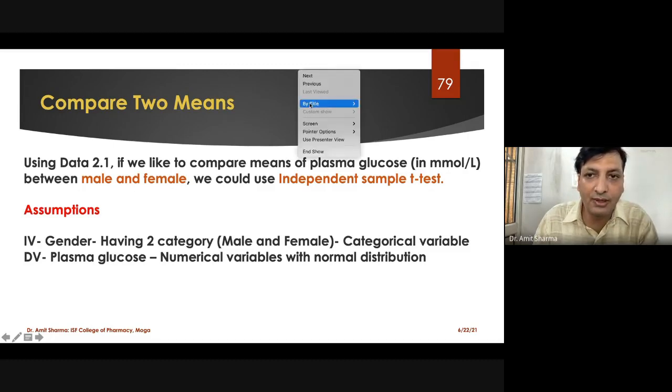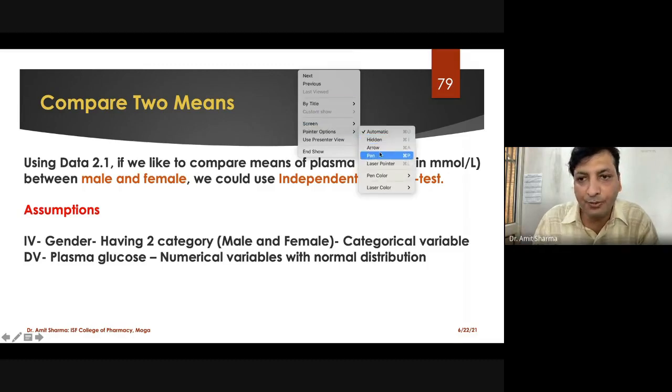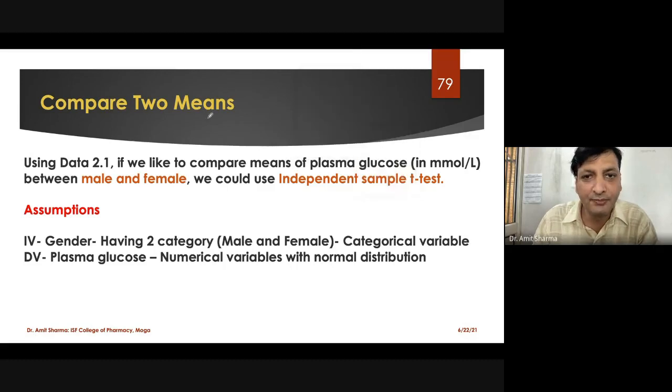If a situation comes in your project when you have to compare two different groups, that time the independent variable will be given in the form of category, whereas the dependent variable will be given in terms of numbers, and there are two categories. So when you have two categories, the test will be called the independent t-test.